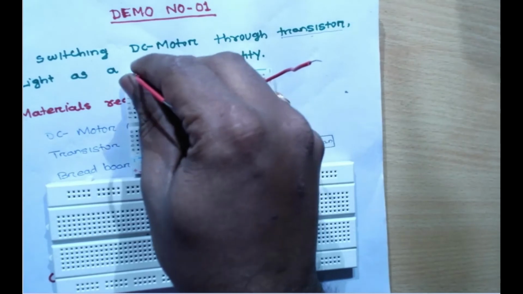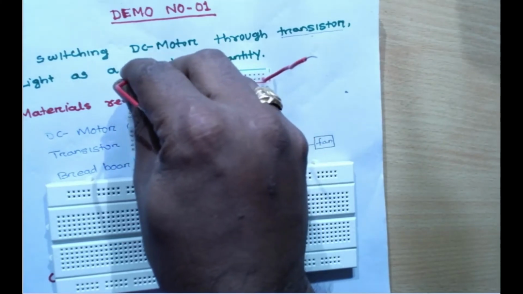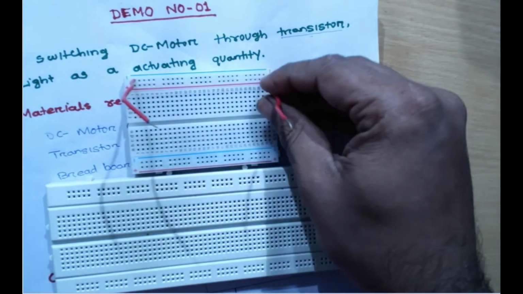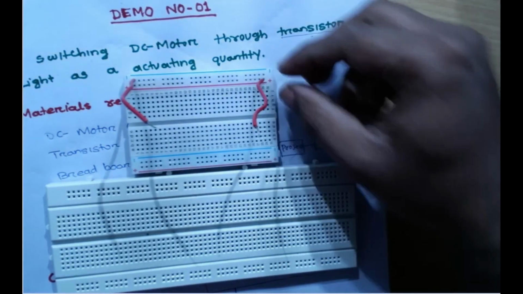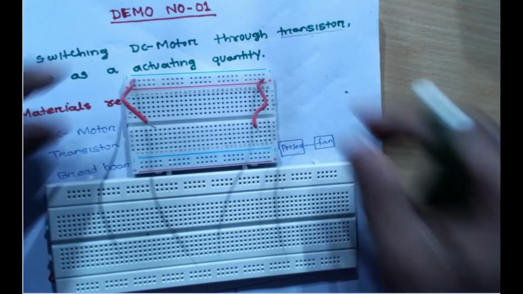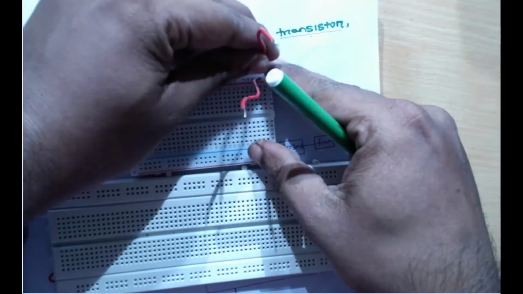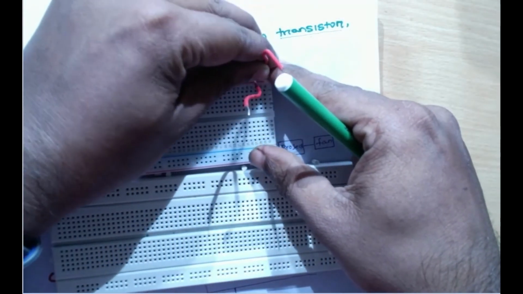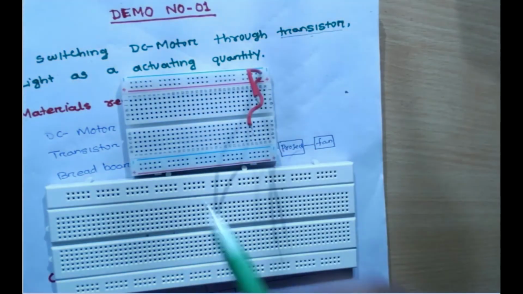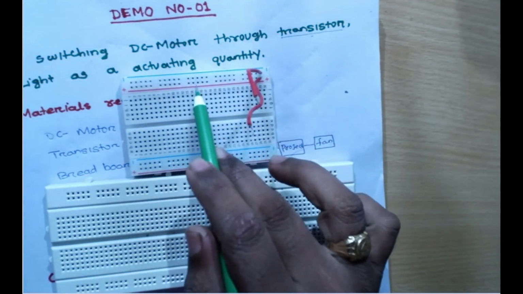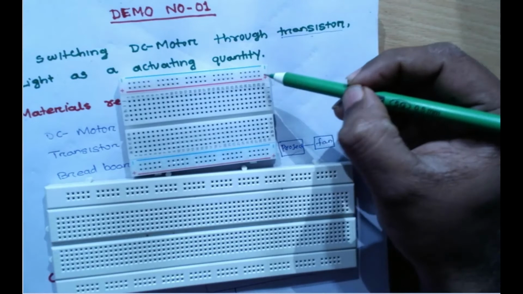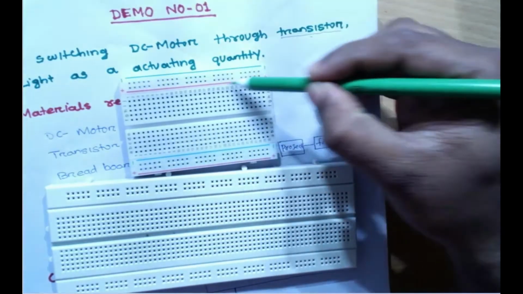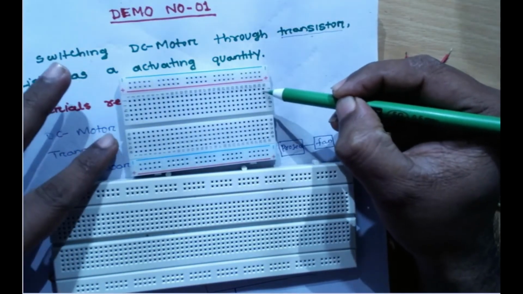Like that in the above, this is meant for the 0 volt or negative. Suppose I give the 5 volt here and the ground here. I will get 5 volt all along from these two terminals. Suppose I give this 0 volt and this 5 volt. It means now this bus bar has a 5 volt potential difference. You can see, this bus bar is horizontally connected, but the points below are vertically connected.